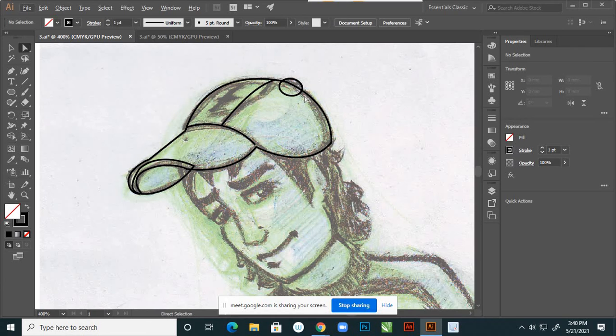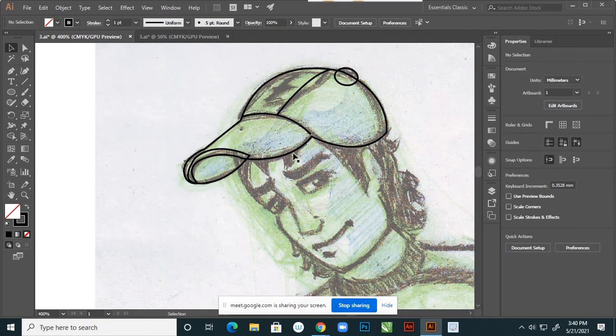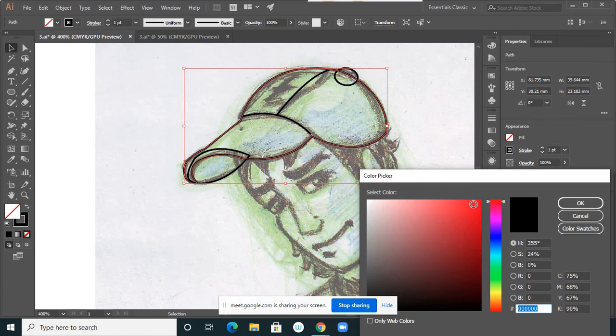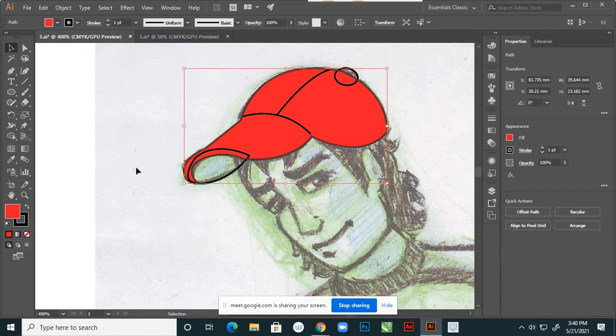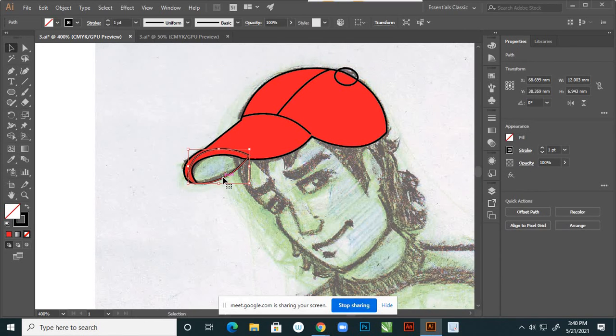Suppose this portion I'll try to fill colors. First I'm using the main cap here, so just give this line that red color, right, and here this portion red but a shade, because it is the inside portion of the cap.